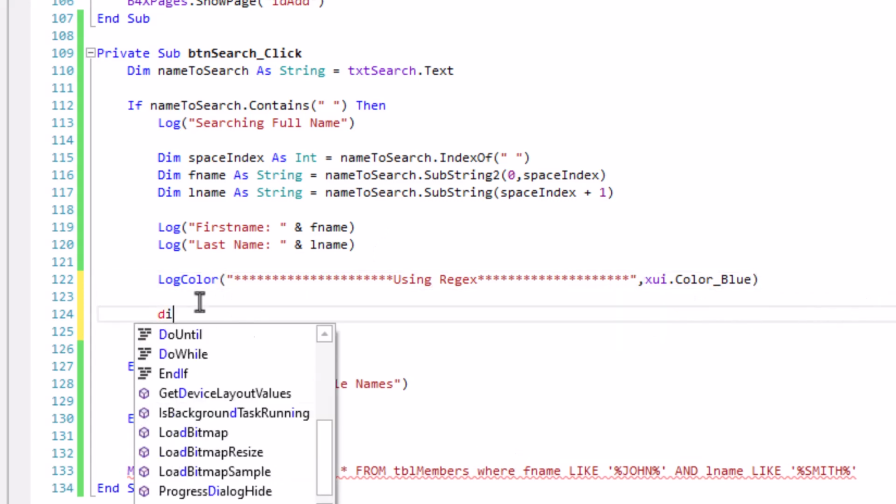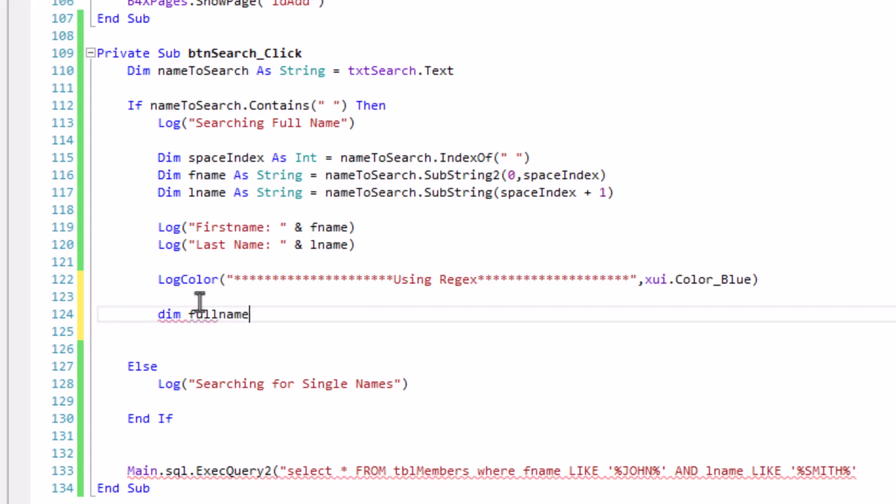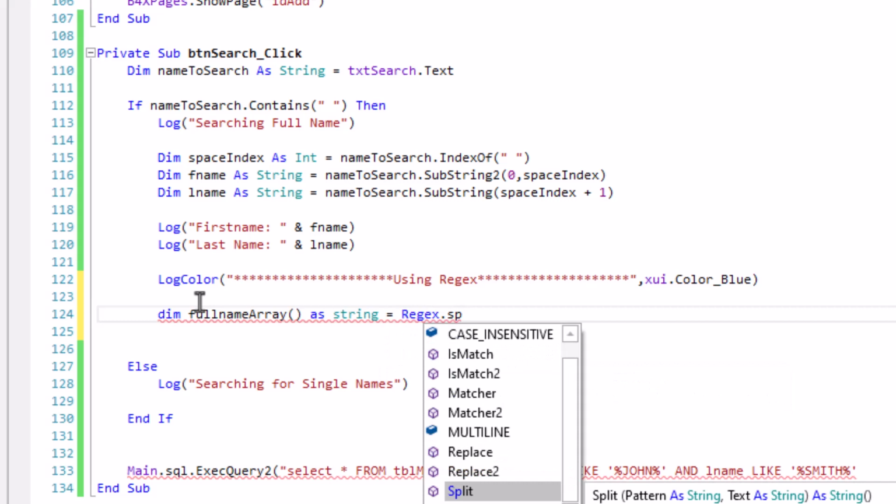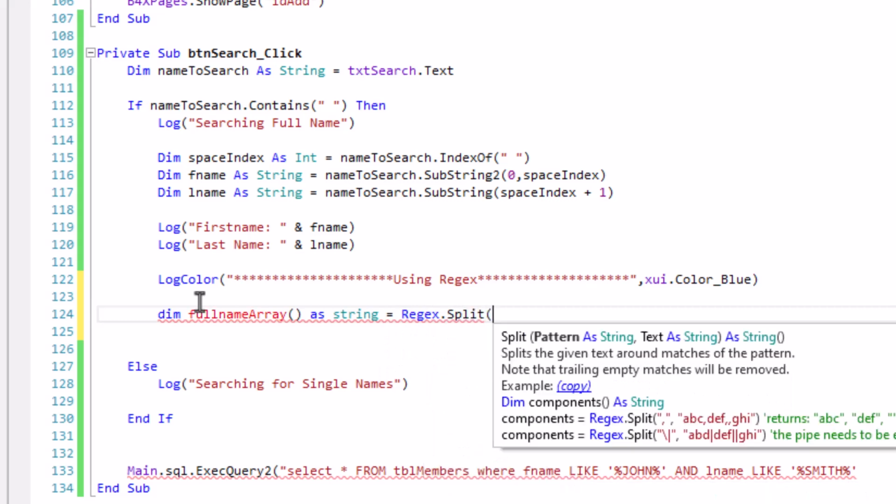We can have the full name array as string equals regex.split. Right, we are splitting. The pattern to split is space, so you just give an empty space. The text we are splitting is name to search.